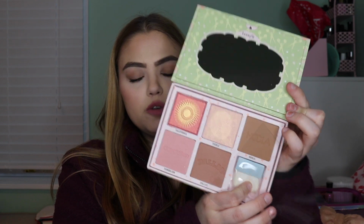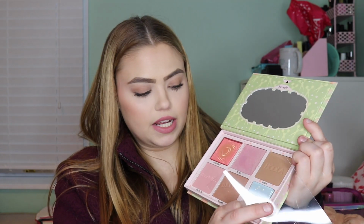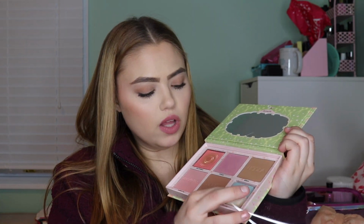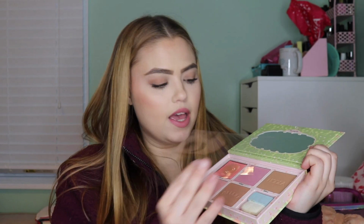But it comes with your regular Hoola brush, your cheek brush, and then you get 2 blushes. So this one comes with California and Dandelion. It comes with 1 highlighter, which is called Tickle. That's in the middle. I'm obsessed. And then it comes with Hoola and Dallas, which is also a blush, but for me that'd be more of a bronzer. And let me tell you, this formula for highlighter that are in both of these palettes